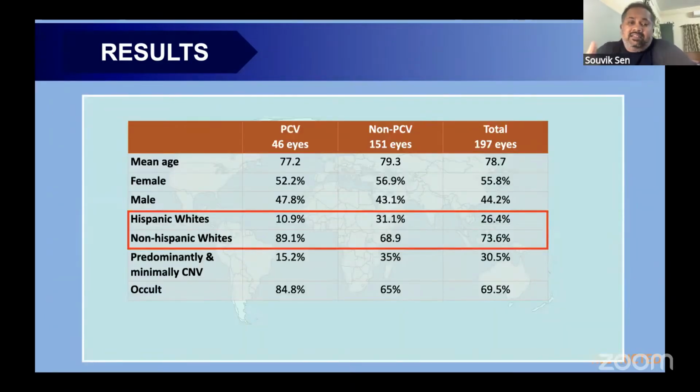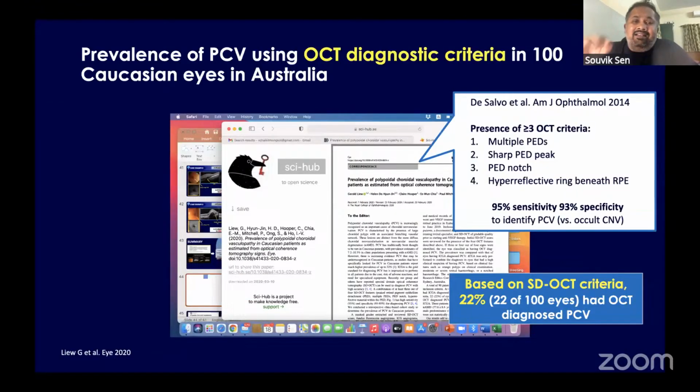So it showed, and this is the data individually for Hispanic whites and non-Hispanic whites for PCV: 10.9% for Hispanic whites, 89.1% for non-Hispanic whites. And they conducted the same